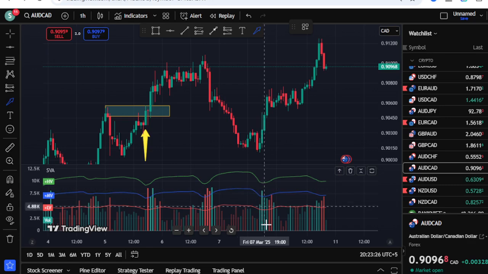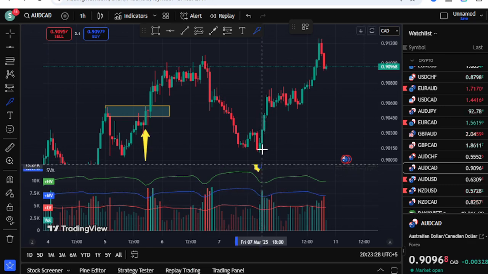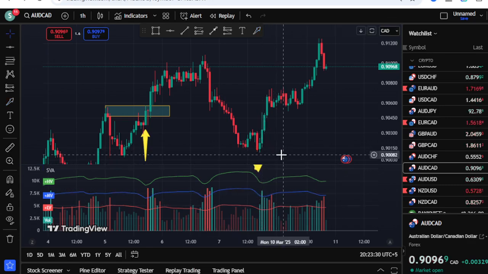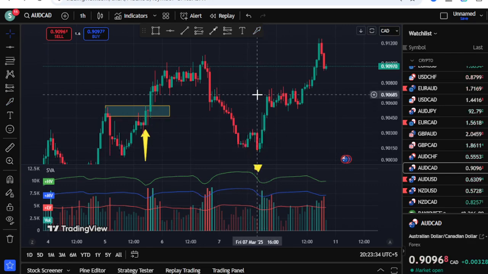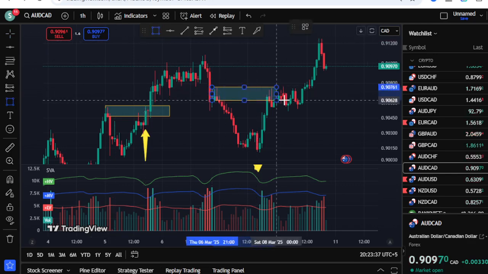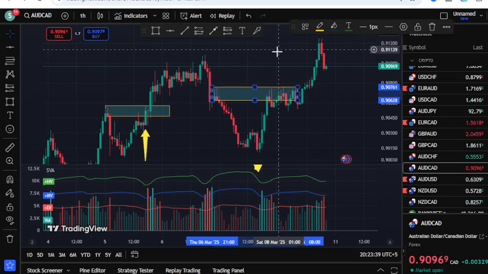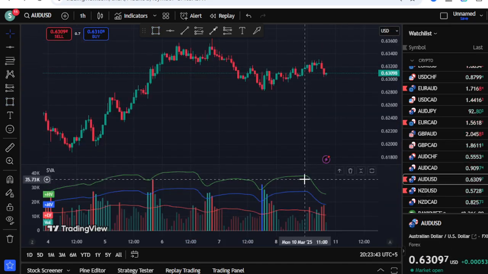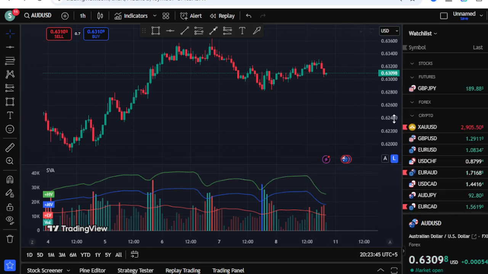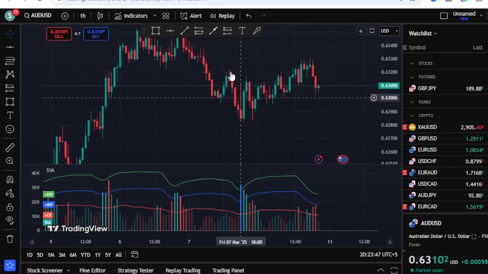Here, another set of bars is coming inside it, and it has highlighted that some volume is coming. Now you can see the market has made the upside break of structure as well, and then the market is up. So use this indicator with proper confirmation, and do not follow it blindly.